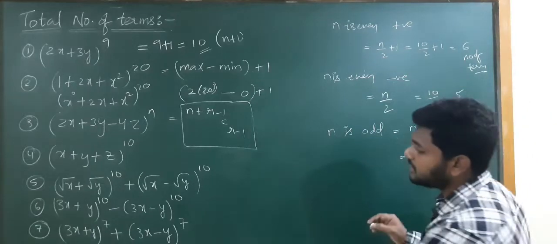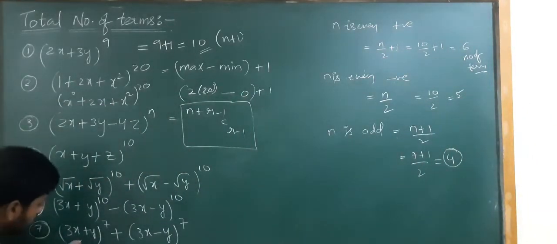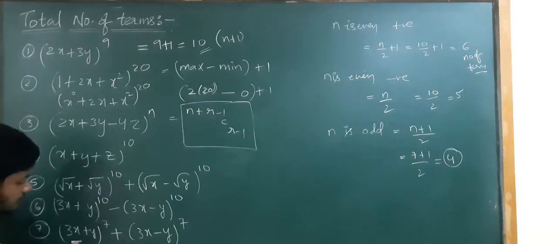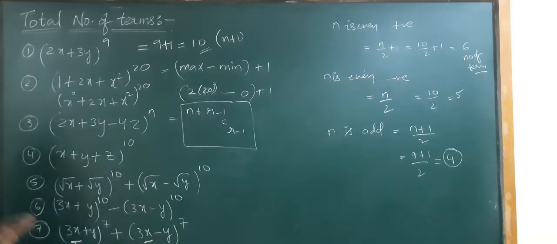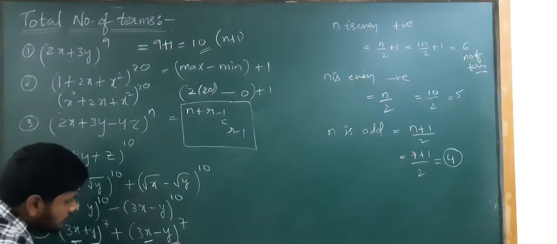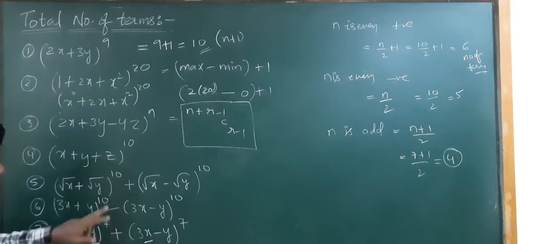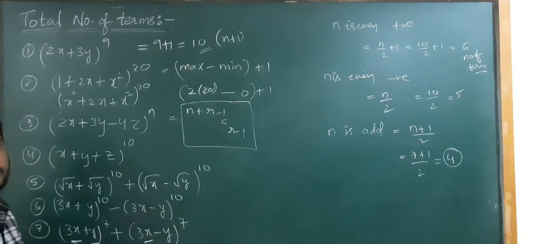See, remember one thing in this type of question: this value will be equal to this value. These are common. What will be the value of this? This value is also the same. And the first will be plus, the next will be minus. This is also the same. And after that, it may be plus or minus. These may be odd or even numbers, right?